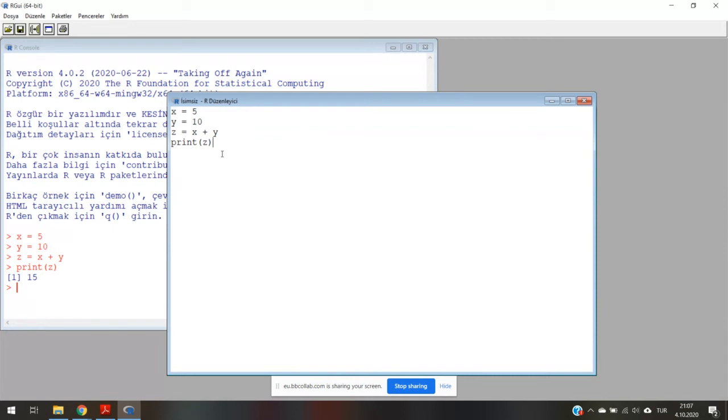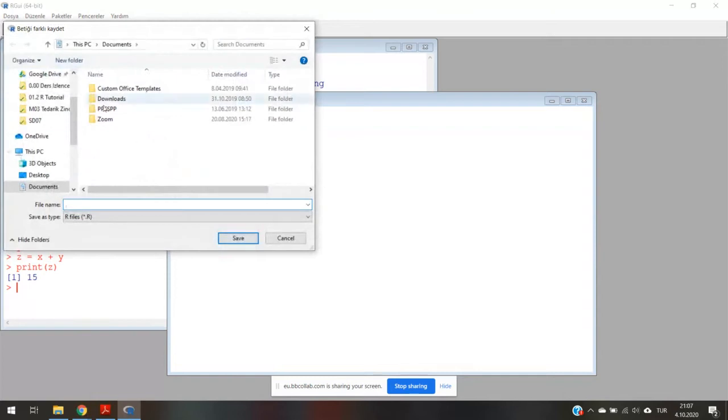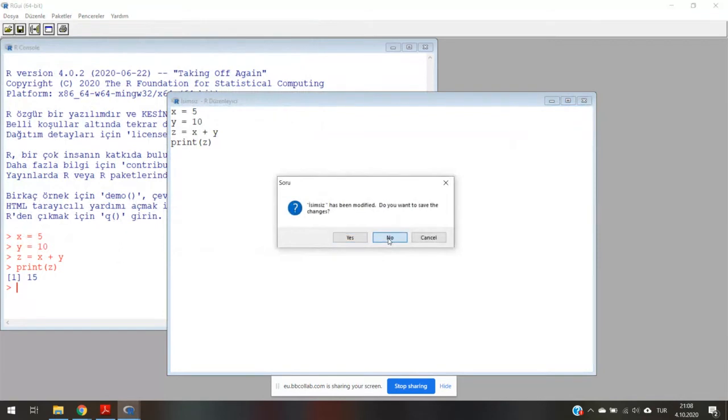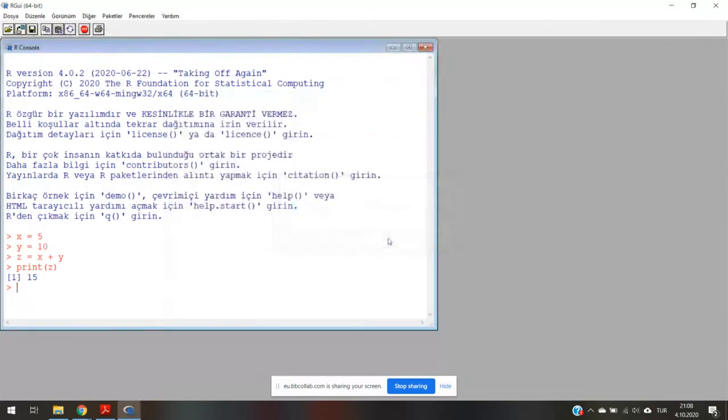Okay, so always choose to work within the scripts, and you can also save your script files from here. You can choose to save your script file at any location, and then you can find it again and run it again. Now, in this introduction course where we teach R, I have already prepared a script file, which I'm going to